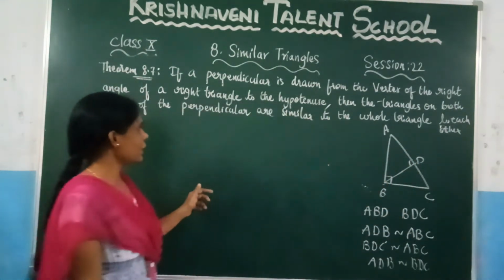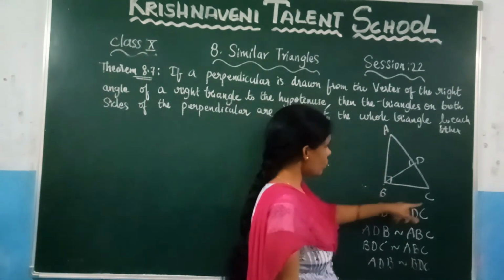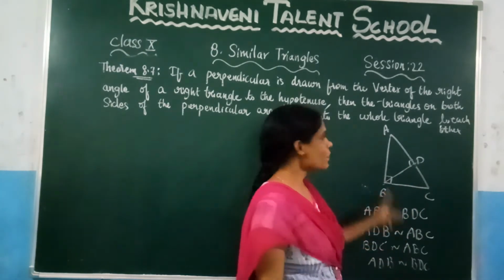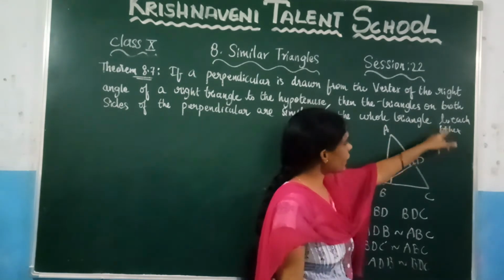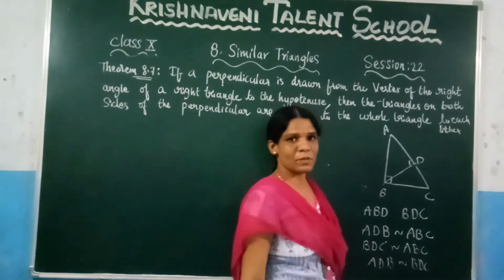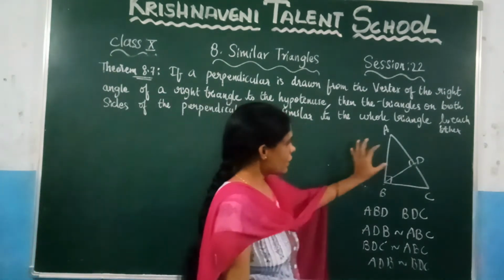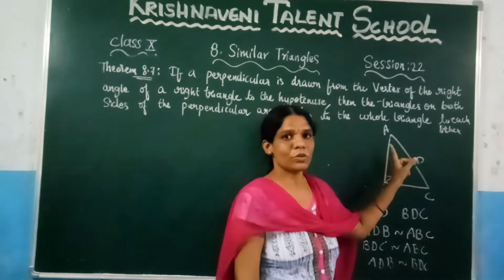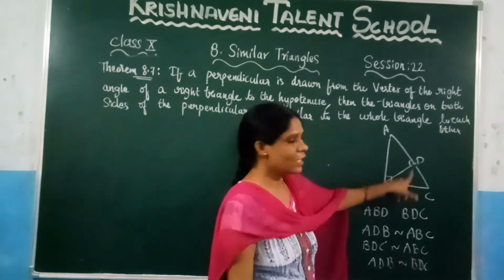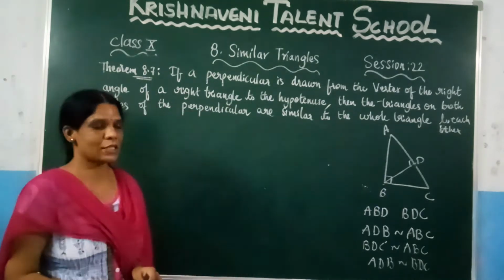After that, what they are saying here are similar to the whole triangle. That means this triangle is similar to whole triangle, right? And again, this triangle is similar to whole triangle. And after that, what they are saying, whole triangle to each other, right? And again, you need to prove here these two triangles are similar. This is what we need to prove. That means here you need to consider here this triangle and the bigger triangle. You need to prove those two triangles are similar. And similarly, you need to consider this triangle and you have to prove here this one as similar. So let us go for the proof of this theorem.